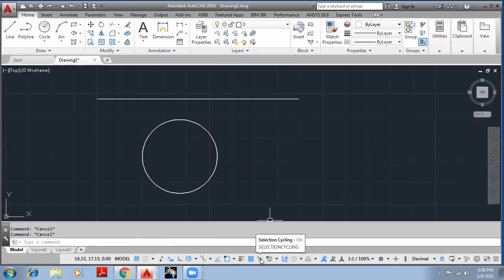So for selection cycling, we can turn it on from here. Then from all the symbols over here, snap totally represents